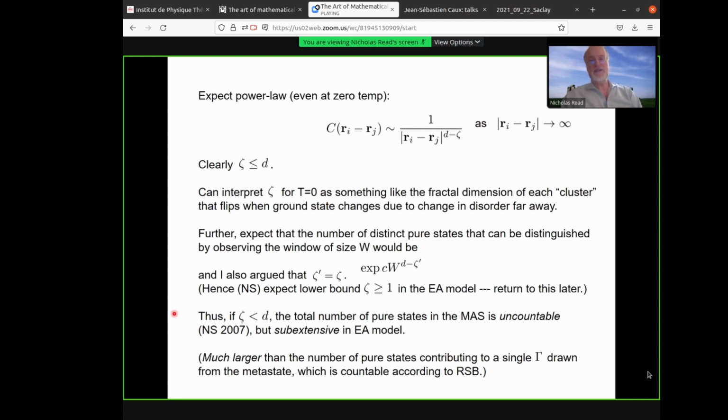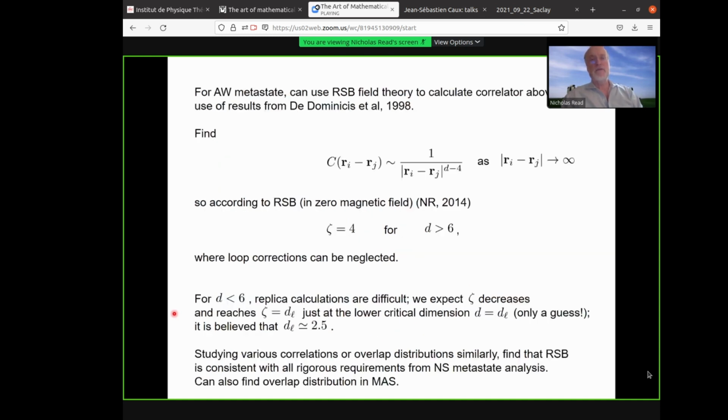And now this would be in the metastate average state. In the replica symmetry breaking picture, the number of pure states contributing to a single gamma drawn from the metastate, in replica symmetry breaking, is actually a countable number of pure states and not uncountable. So this is to do with the metastate average state itself. Now for the Eisenman-Wehr metastate,